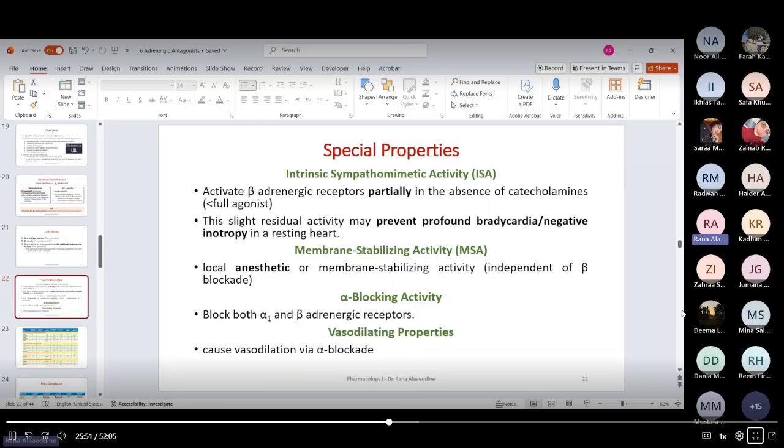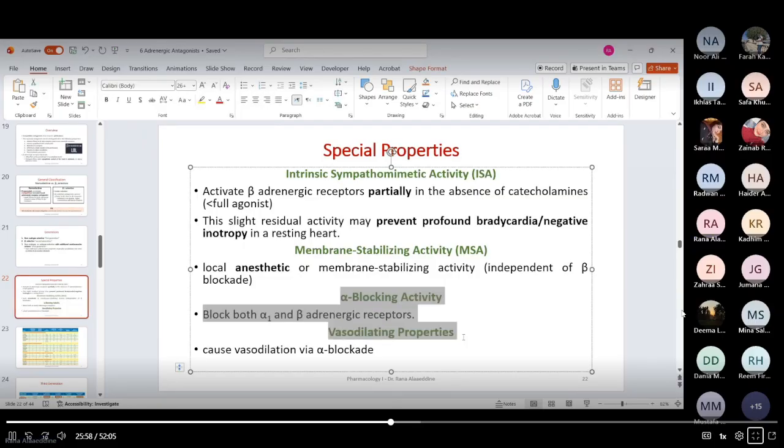There are many, okay? And the ones that are special only to the third generation, there you go. These are. But the first two are not special to the third generation. They can exist in any of them. So guys, the first one is called intrinsic sympathomimetic activity, which is a long name, but the meaning is that,